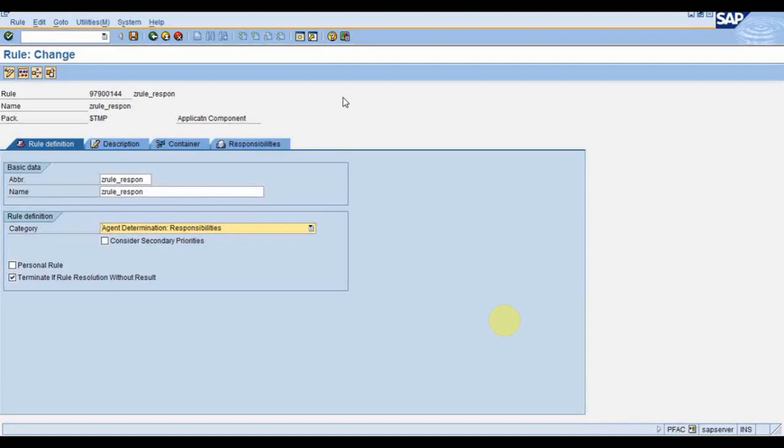We don't do any binding with the exporting parameter. Whatever it fetches from the rule, it just populates those agents to that particular expression tab, and then that user will receive those items in their inbox. So any doubt on this rule by responsibility?